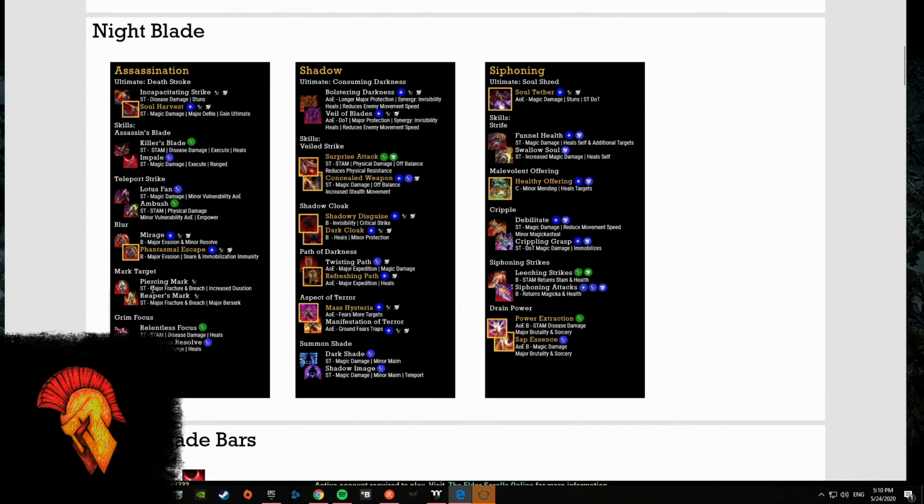Piercing Mark, single target. Don't really recommend it. It does apply major fracture and major breach, but it's just one target. Piercing increases the duration. Reaper's Mark, if you are going to use it, use this one, because this one will... Relentless Force. At one time I would have recommended these, but since it got nerfed, it is a great single target ability. It just takes a while to build light attacks, but since it's single target,